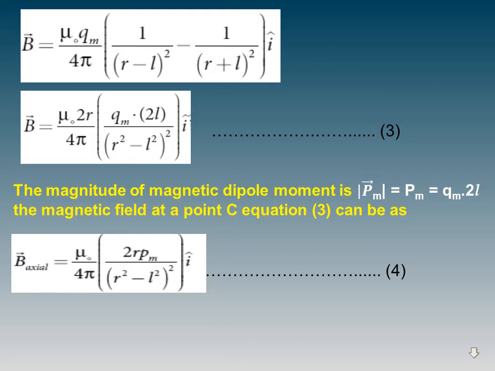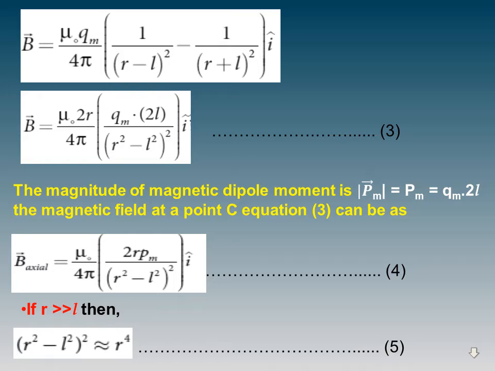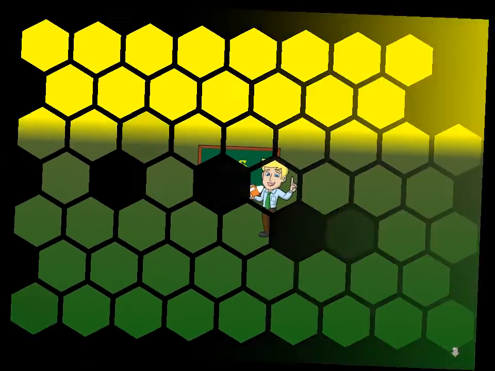Therefore, B axial is equal to mu naught by 4 pi, 2 Pm divided by (r square minus L square) the whole square, into I cap. Actually, r is very much greater than L, the distance r is very much greater than L. So we neglect the L. Therefore, (r square minus L square) the whole square is taken as (r square) the whole square, therefore r power 4, which is equation number